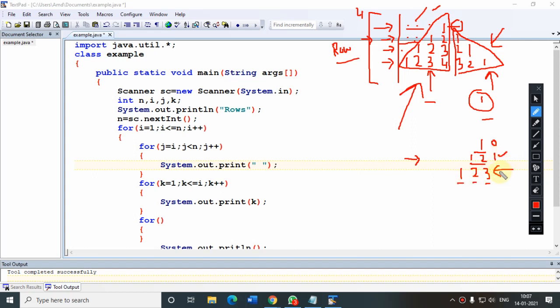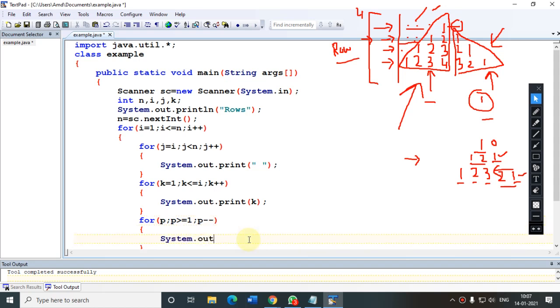Next time, it is starting from 2 and 1. So how many times? 2 times. So see, the printing is ending on 1, the fixed value. So for the fourth loop, it has to start like i, j, k, one more variable is required, like p. Just leave this part. I am writing this, and every time it is ending on this 1, so it has to be p minus minus. So what we are supposed to print? I have not mentioned the initialization part, that I will do later.